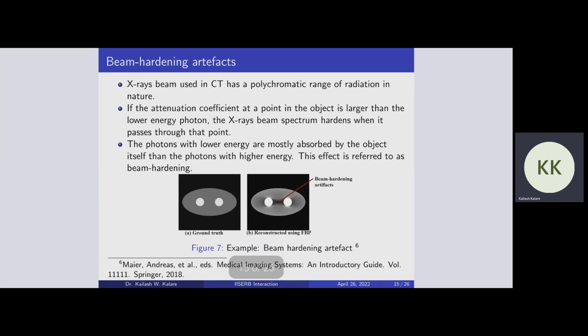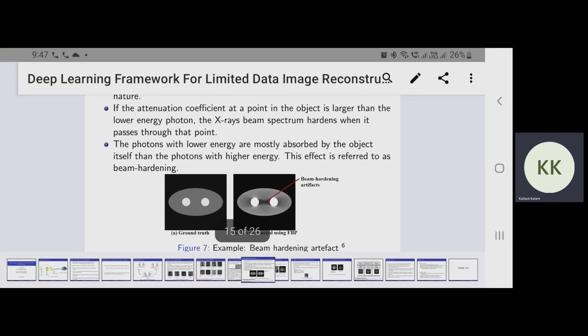Then we have tried to remove the beam hardening artifacts. So the basic difference between the normal streak and ring artifacts and the beam hardening artifacts is that all the traditional methods consider the X-ray beam as monochromatic in nature. However, the X-ray beam is polychromatic in nature. So basically, when this X-ray beam is passed through an object with higher intensity, it generally generates the